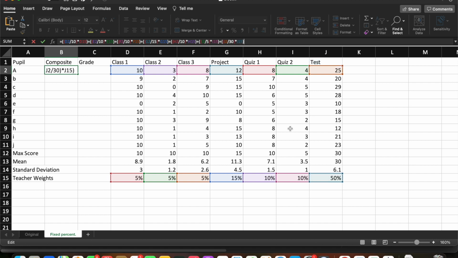Okay, so when you look at your equation, all of these should be color-coded to each cell that